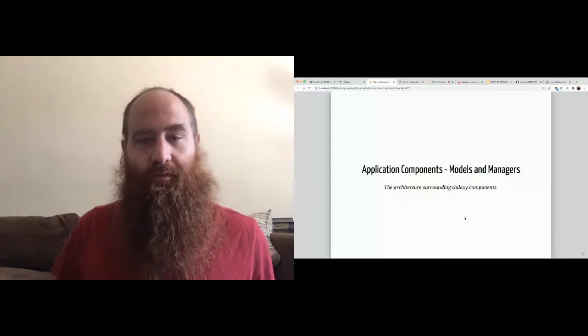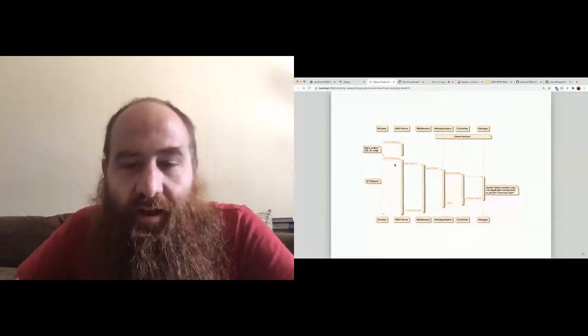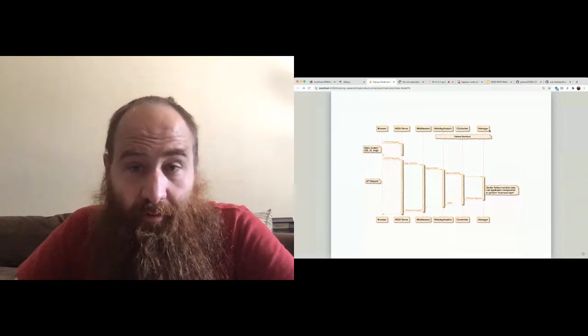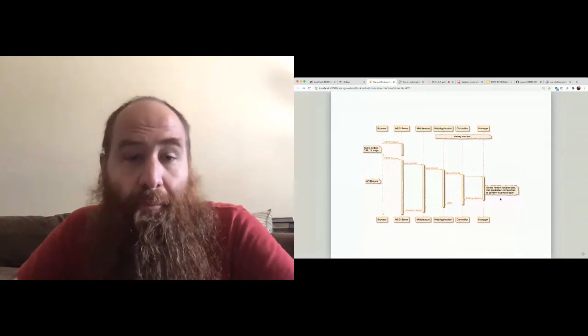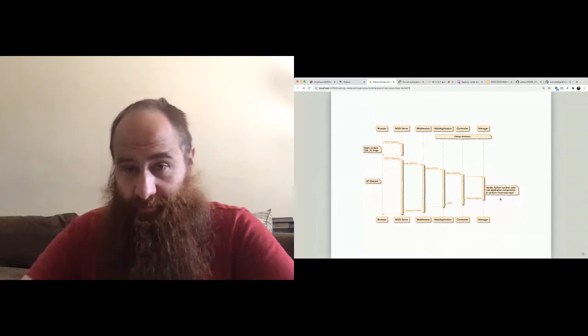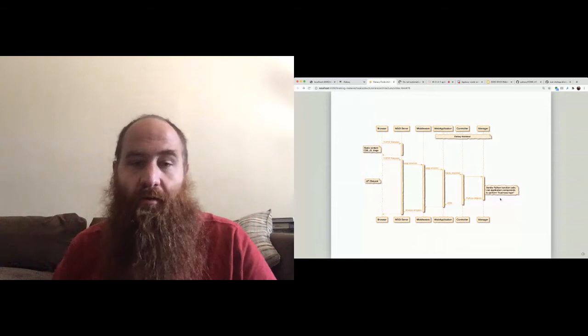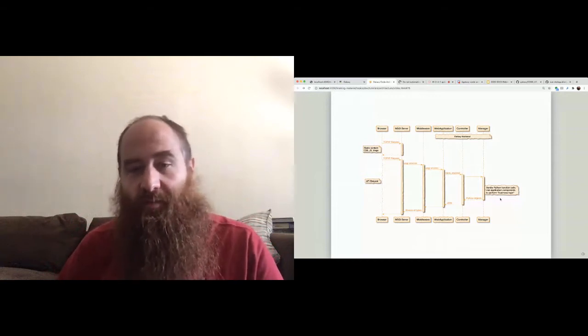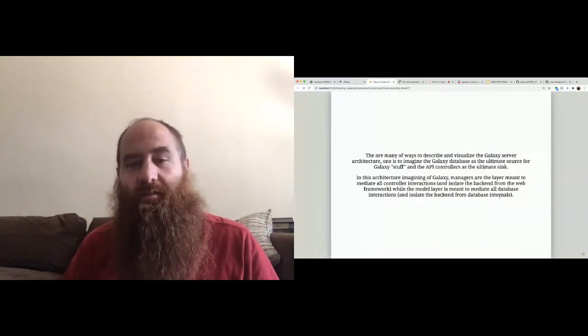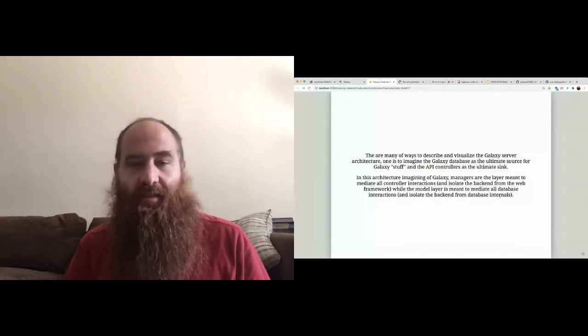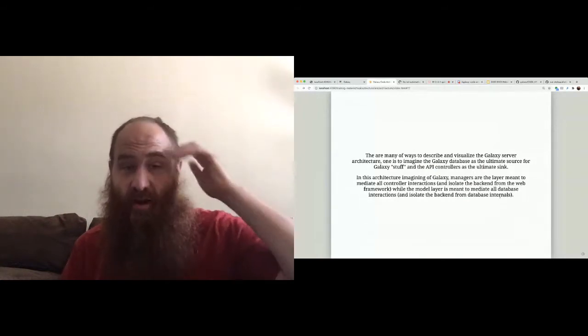All right, let's keep going. Now we're getting into the back end properly. So again, coming back to this diagram, it's all the stuff to the right of manager here, essentially. So there are many different ways to describe or visualize or think about the backend architecture. But for the sake of these slides, the way I am visualizing is that all this stuff,